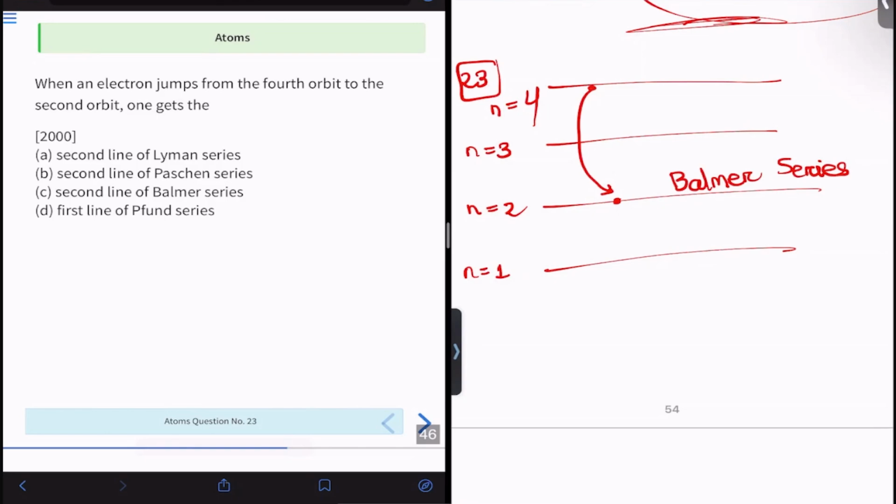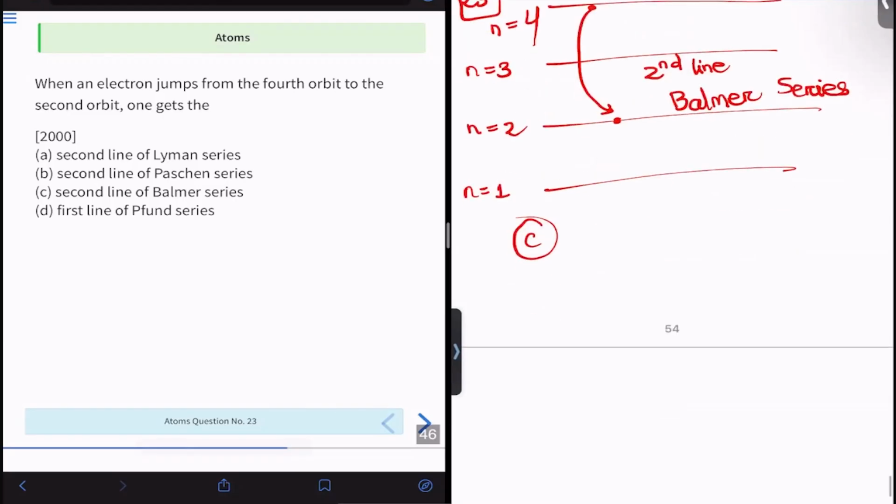So if an electron is coming from fourth to second, what will it give rise to? Second line of Balmer series. So the answer will be option number C. But guys, this is only about the Balmer series, and I'll again tell you, if you don't remember from the last session,